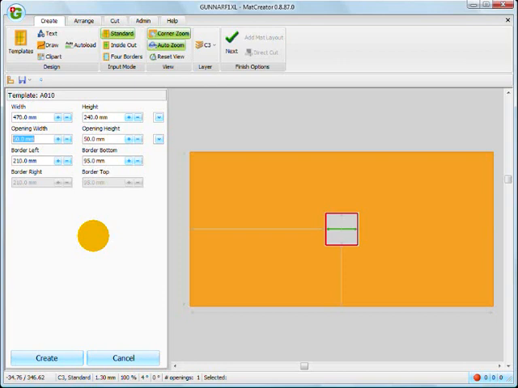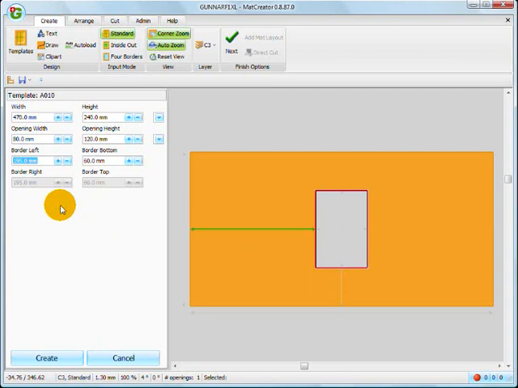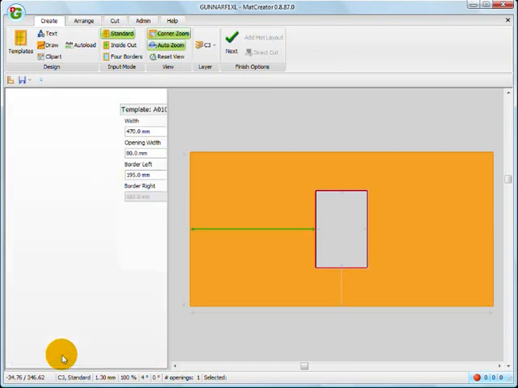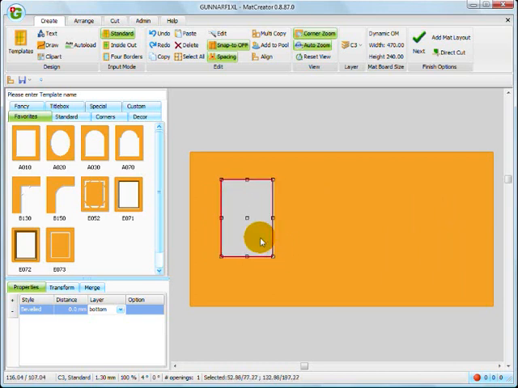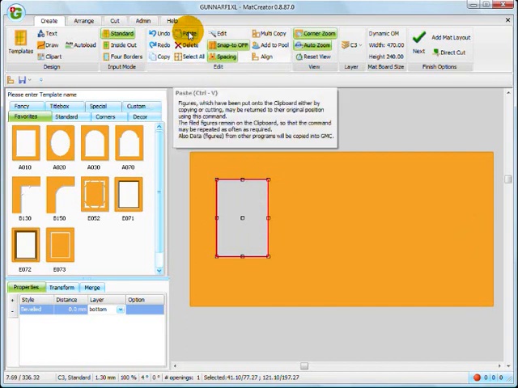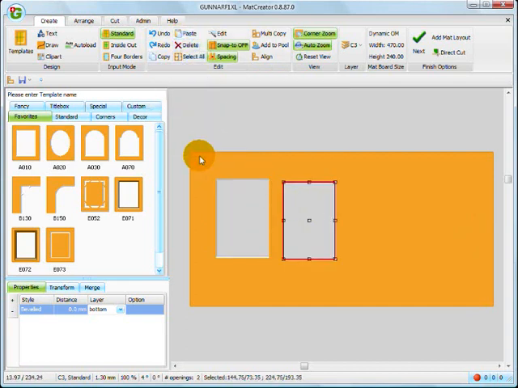So it's 470 by 240, and then my opening size will be 80 by 120. Now I don't have to be accurate with placement at this stage. Even though it's asking me for a left border, I can just create this, and using the dynamic click and drag I can move that around the screen, and I can copy and paste. I need 3 more of these, so I can go copy and then paste, and that will give me an extra one. I can lasso those 2 and select them, go copy and paste one more time,